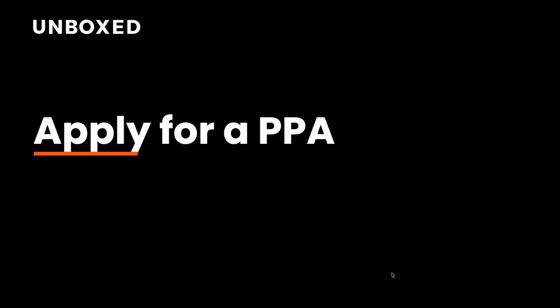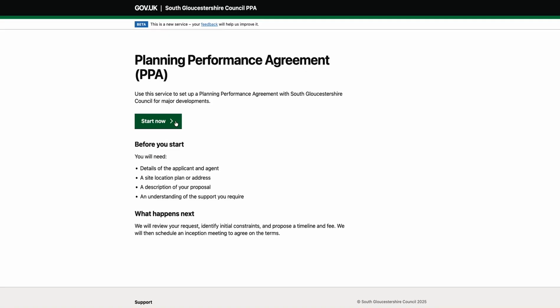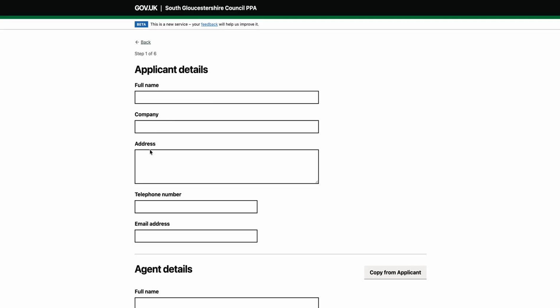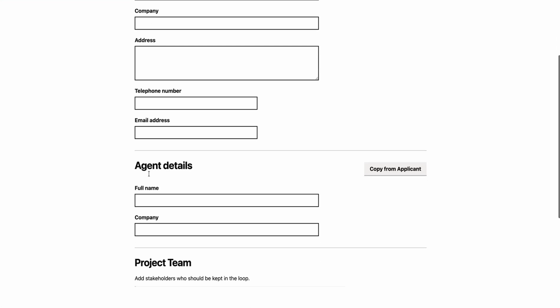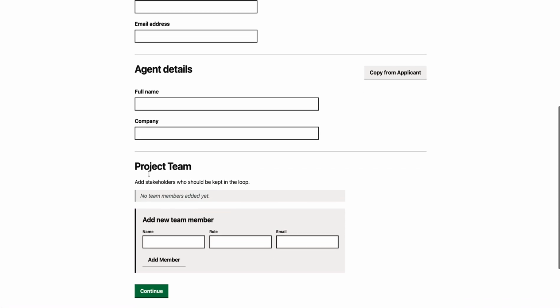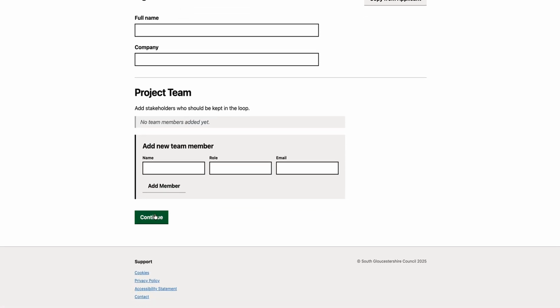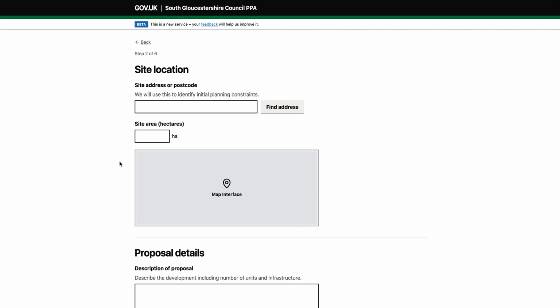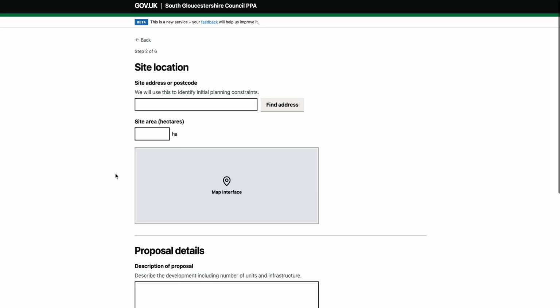Welcome to a demo of our prototype service for managing planning performance agreements. First, we'll look at the simple application portal for applicants or agents who want to request a PPA. After adding their details, they can add any team members who need to be kept up to date on PPA